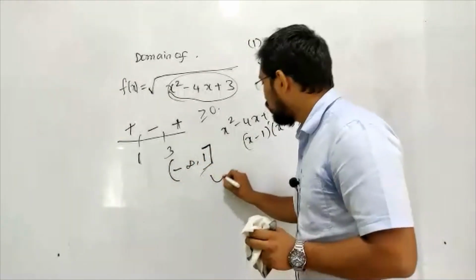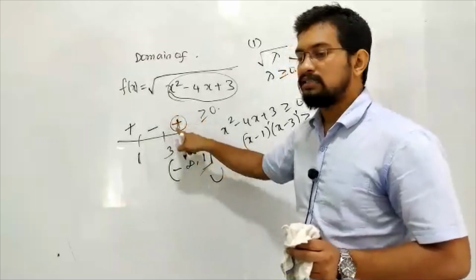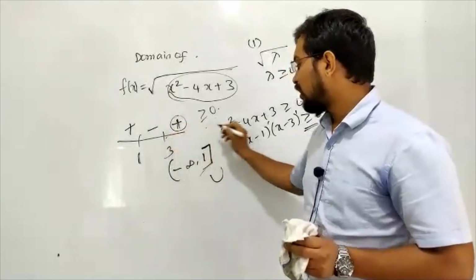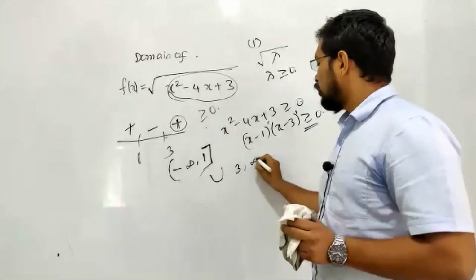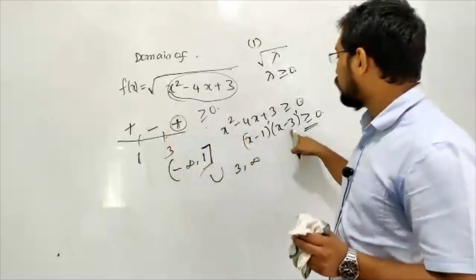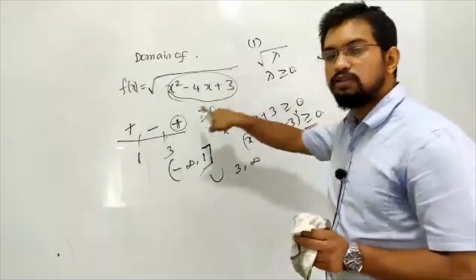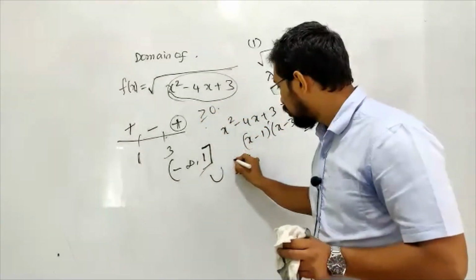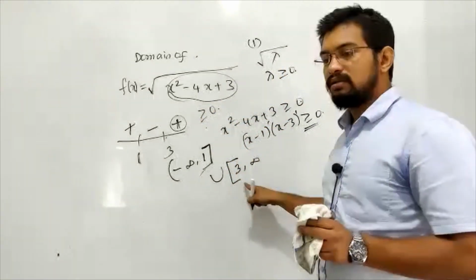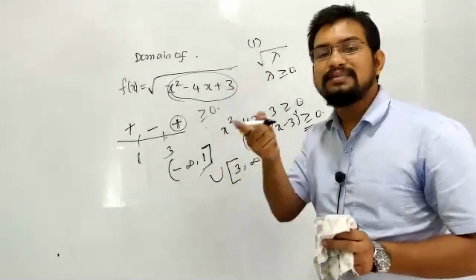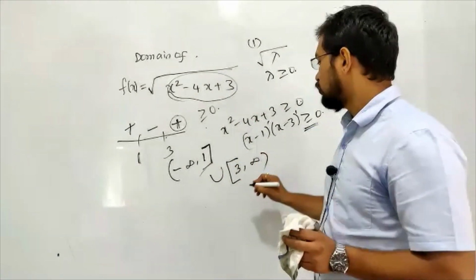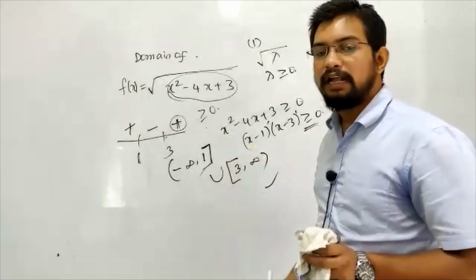Right? Union. Now again this interval, again 3 to infinity, it goes up to infinity. Again 3 is also included, because if x is equal to 3, we get equal to 0. 3 is also included into that. So square bracket at 3. The square bracket depicts including bracket. So our answer will be this. So the domain of these values will be this part.